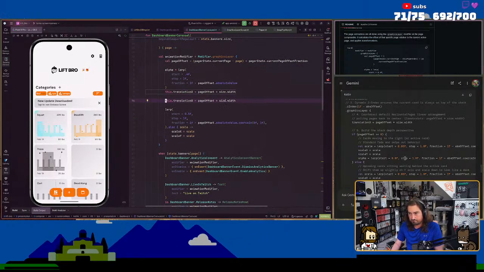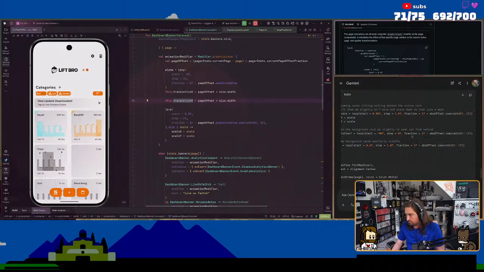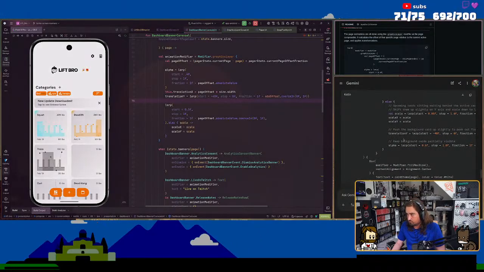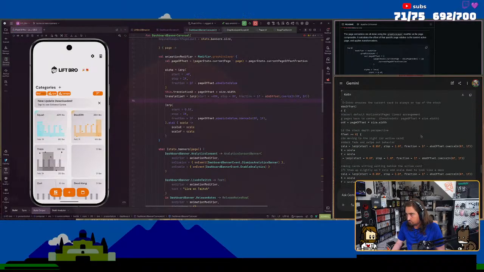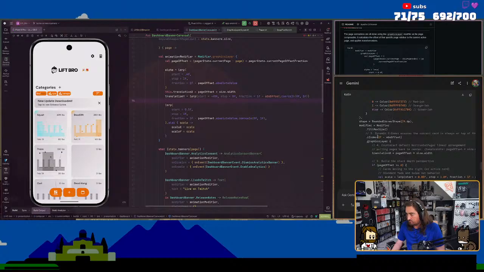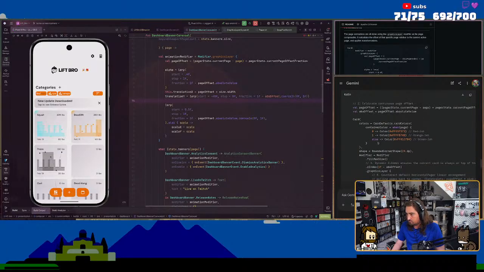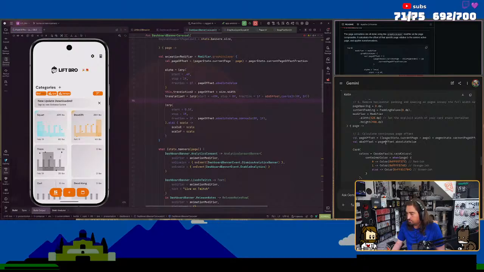And then what I want to do with translation Y is I want to put them. Where's the absolute offset? Oh, there's. Oh, okay.